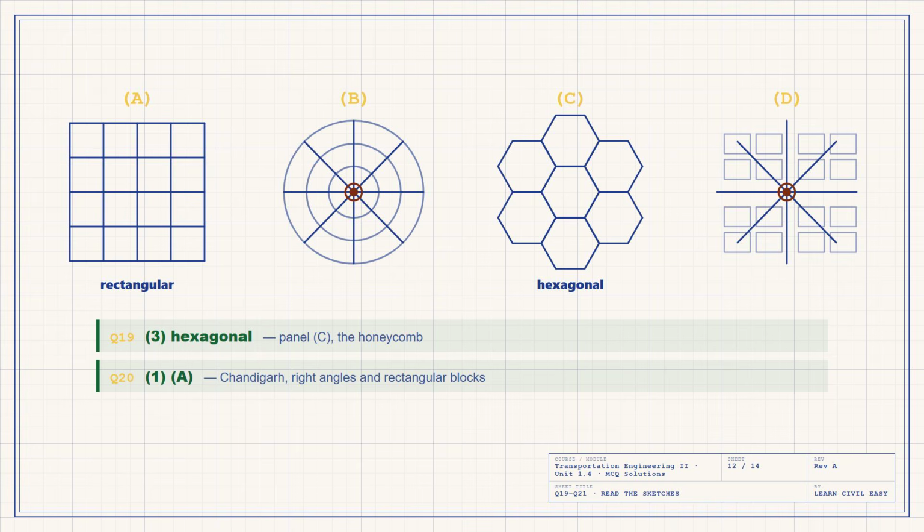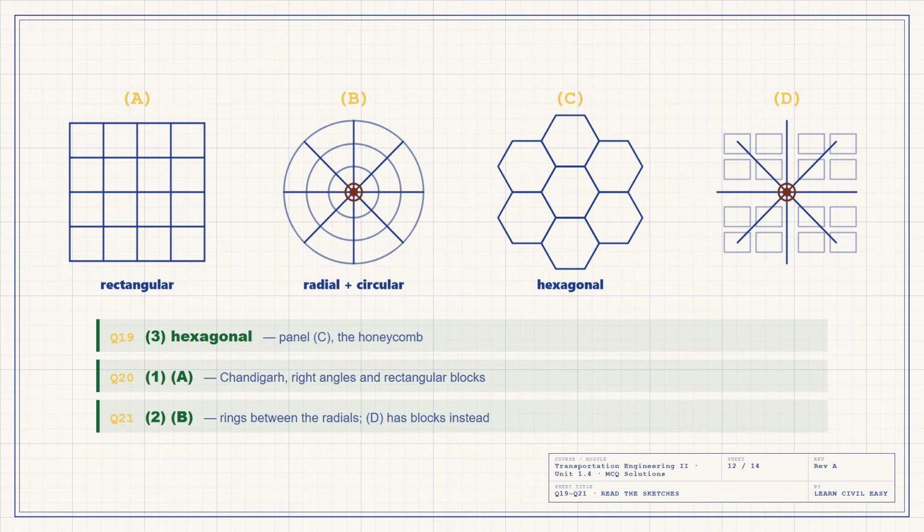Option 1, A, straight roads at right angles, rectangular blocks. Question 21. In which sketch are the radial roads tied together by ring roads? Option 2, B. Now look at B and D together because this is the pair the whole section was built around. Both are radial, both have roads running out from a center. The only difference is what sits between those roads. In B, it is circles, the ring roads. In D, it is rectangular blocks, that is seen again, drawn instead of said. If you can tell B from D, you understand this topic better than a student who has only learned the